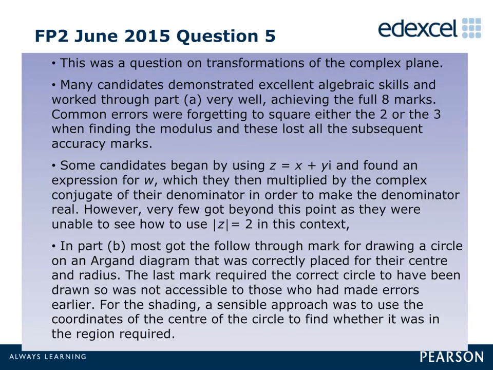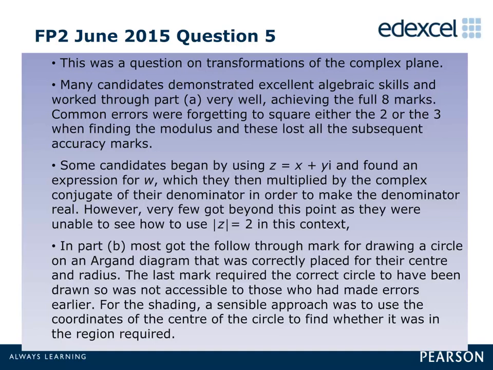This was a question on transformations of the complex plane. Many candidates demonstrated excellent algebraic skills and worked through Part A very well, achieving the full 8 marks. Common errors were forgetting to square either the 2 or the 3 when finding the modulus, and these lost all the subsequent accuracy marks. Some candidates began by using z equals x plus yi and found an expression for w,